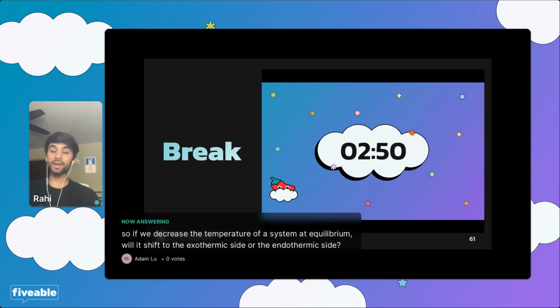If it is an endothermic reaction, however, heat is a reactant, right? Because you need heat and you're using up heat and you're not returning anything when you get to the product side, which means in that case, if you inject heat or energy into the system, you are going to inject on the reactant side, and therefore in the system at equilibrium, you will favor the products. Does that make sense? It depends if the reaction is exothermic or endothermic.